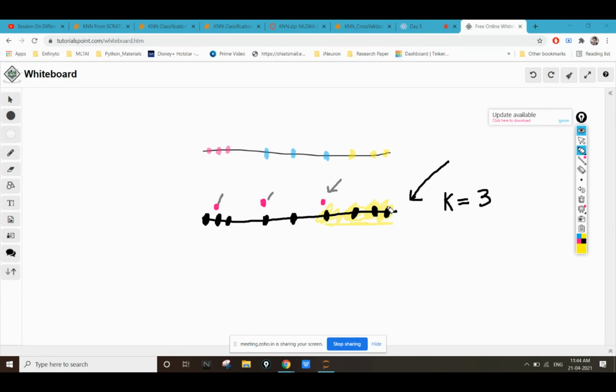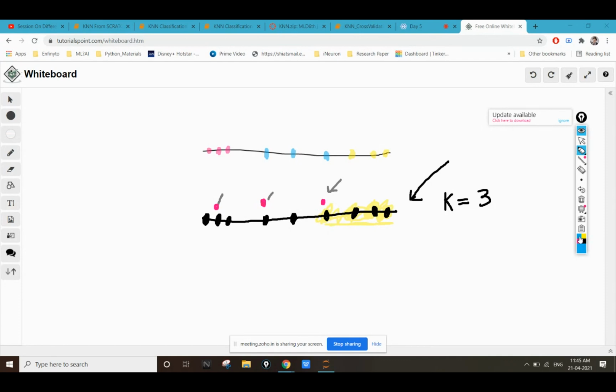That's why I'm saying that all the points on the right of this category point belong to this point, because it has minimum distance from this category point. If we calculate the distance from this other point, it's higher than this particular point for all these points. Now if we consider this category point, all the points closest to this particular category point belong to this category.